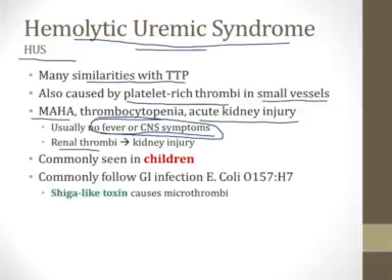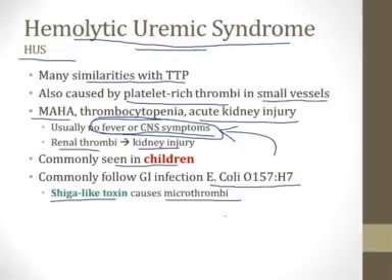So you get renal thrombi, this leads to kidney injury, but you don't see the signs and symptoms that occur from thrombi outside the kidneys, such as in the central nervous system. And HUS commonly is seen in children, and it usually follows a diarrheal illness caused by E. coli 0157H7. This bacteria produces a Shiga-like toxin that leads to the formation of the microthrombi that result in the